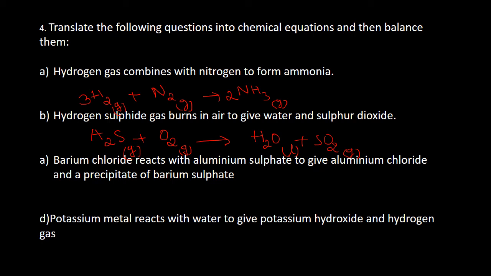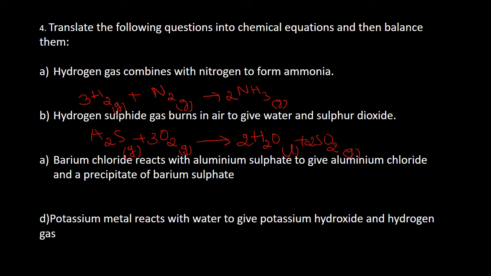So you need to balance it. 2H2O. Let us write 2H2O. Here also 2. And what happens to the oxygen now? 2 plus 2, 4. And S also has become 2. So I have to mention 2 here. 2 into 2, 4 plus 2, 6. So let me make it 3O2. Now it is already balanced.